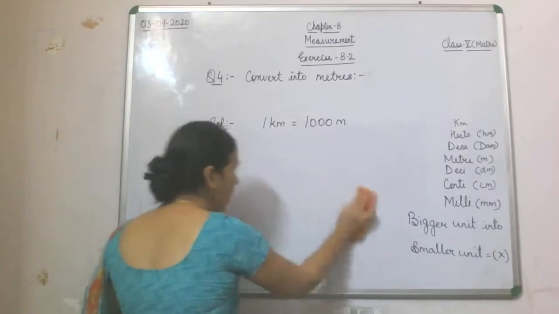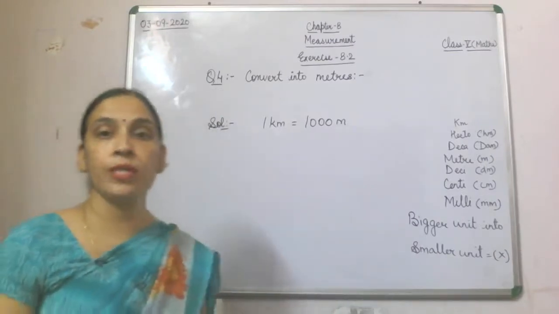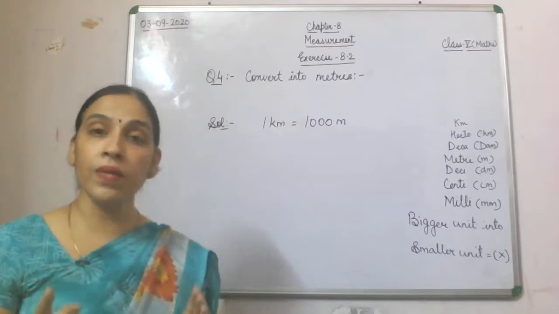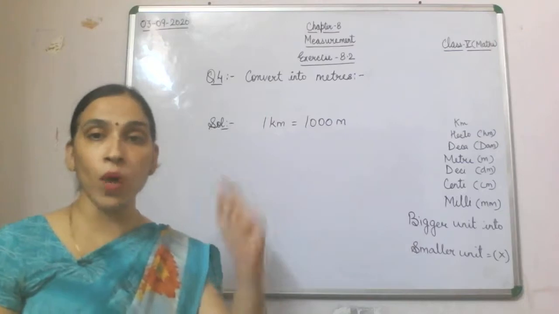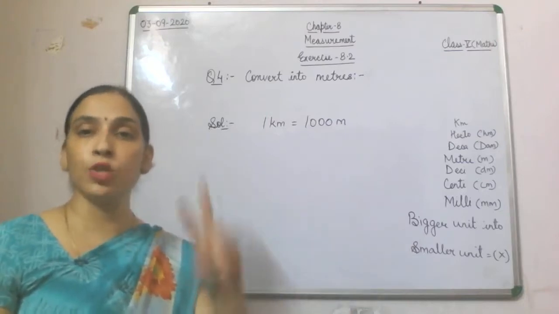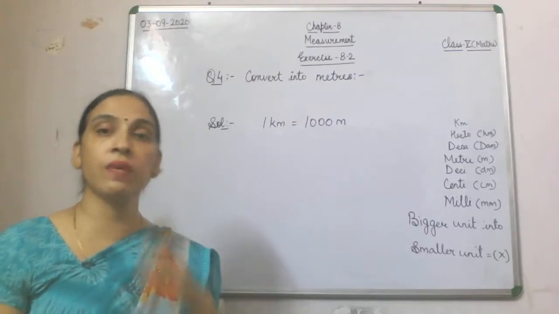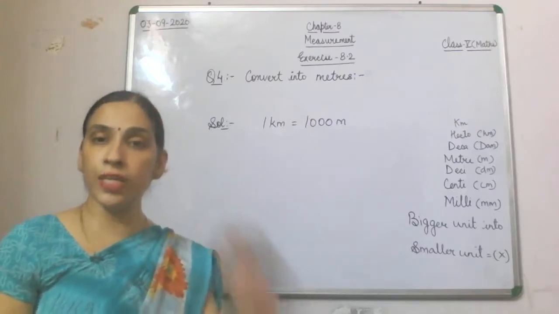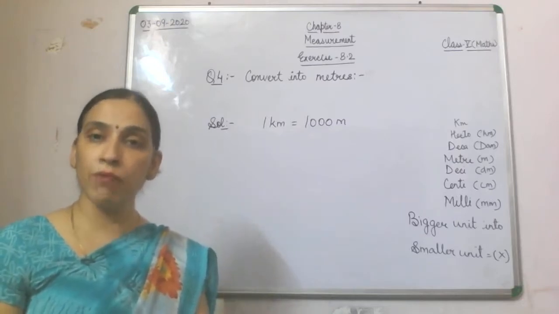And again we will understand how to multiply a decimal by 10, 100 and 1000. In every question I am explaining the same thing again and again. 10 means 1 decimal place. 100 means 2 decimal places. If we do not have 2 decimal places, we will add a 0. 1000 means 3 decimal places. 10000 means we have to make 4 decimal places.